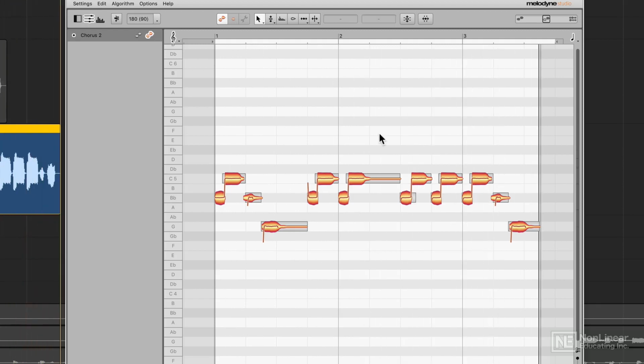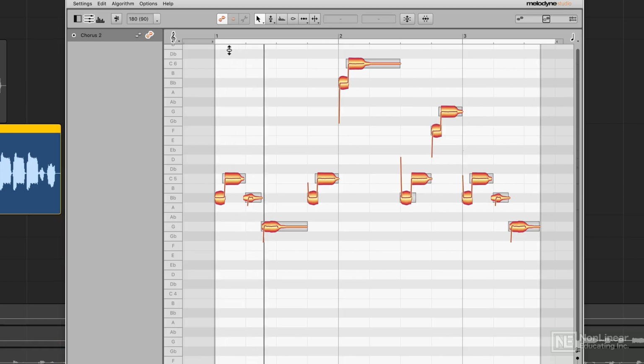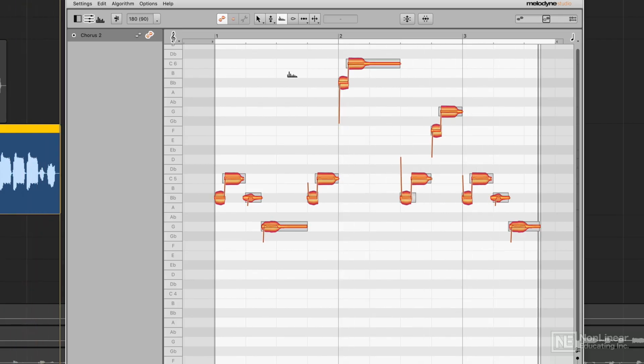So what I'm going to do is pitch shift some of these notes. So I'll take these two and I'll pitch shift them up an octave. Then I'll take these two and I'll shift them up a fifth. Magical. So now what I'll do to make this even more interesting and vary the character of the voice is